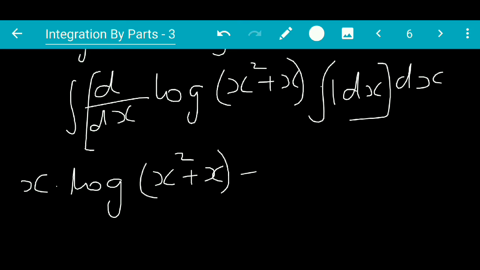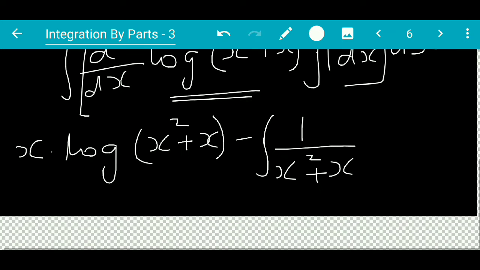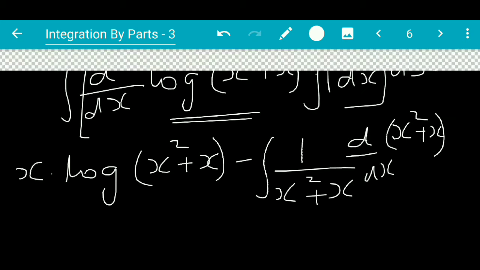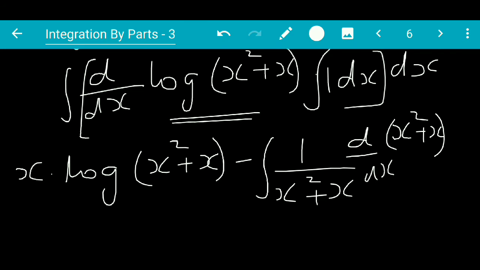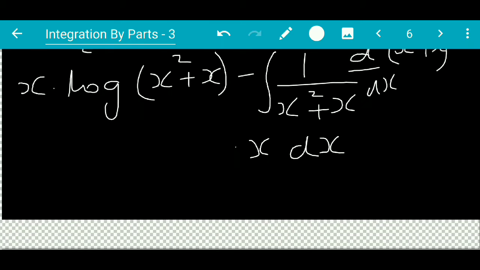Minus, now the derivative of log (x square plus x), look at this term. The derivative of log is 1 upon, so we get 1 upon (x square plus x), and also by chain rule, the derivative of x square plus x we have to find out. The term is not yet over, we have the integral of 1 to find out. So the integral of 1 becomes x, and dx into x dx we are getting. As usual, I would advise you to write these sums down in the notebook so that you can follow each step in a proper manner.